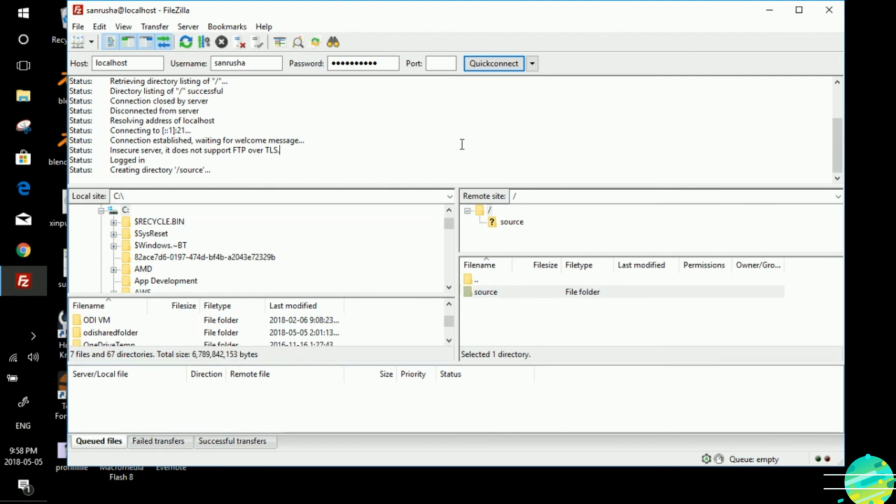You got FTP server up and running and FTP client through which you can connect to that FTP server. You had to do it because ODI will take the file from the FTP server and put it into the ODI box. That is the project you are going to do. If you already had a FTP server, you need not do all these things. You could directly go to the next lecture. Now that your FTP server is set up and it is running fine, let's move on to the next lecture.